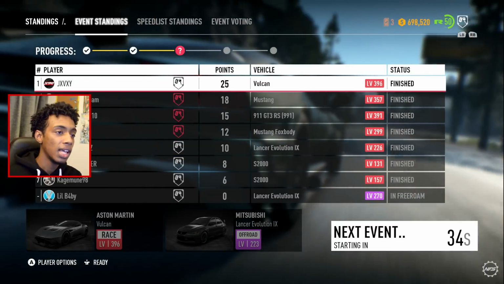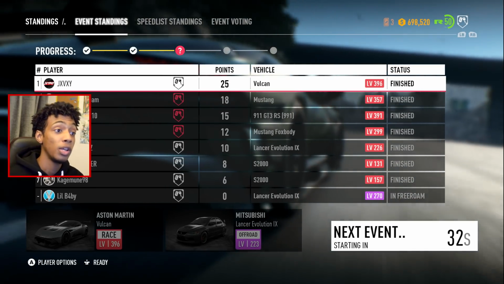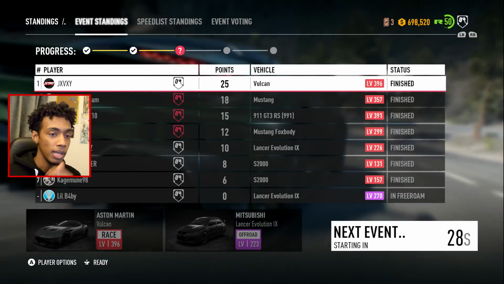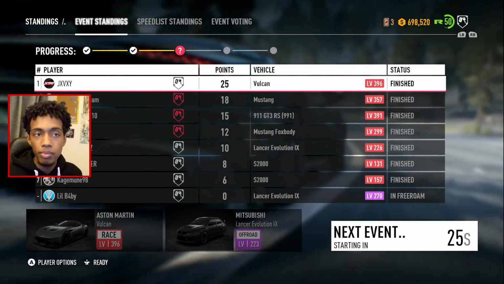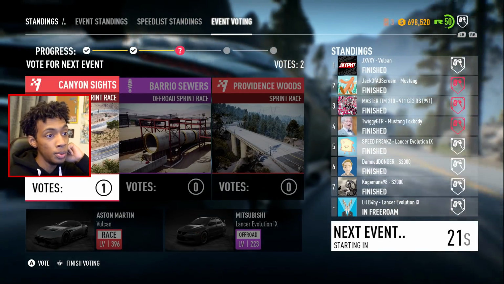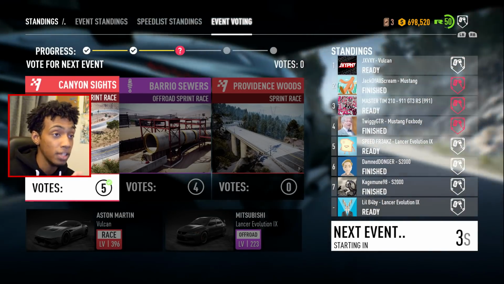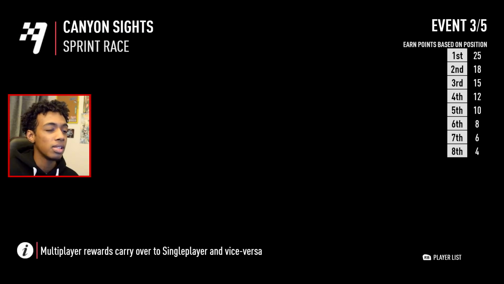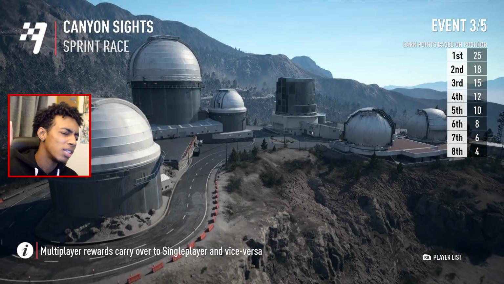So I've got a Mustang, a 911, a Fox body Mustang, an Evo, and 2 S2Ks, and another Evo, which is dirt spec, so that doesn't count. My point is, this is not really what I wanted to do. So what I'm going to do is finish this race. I'm going to finish the speed list. I've proven absolutely nothing, because I was hoping there would be at least one Regera or at least one RSR